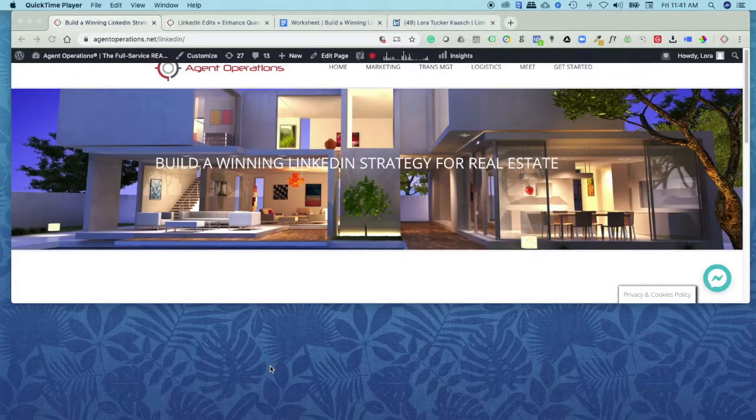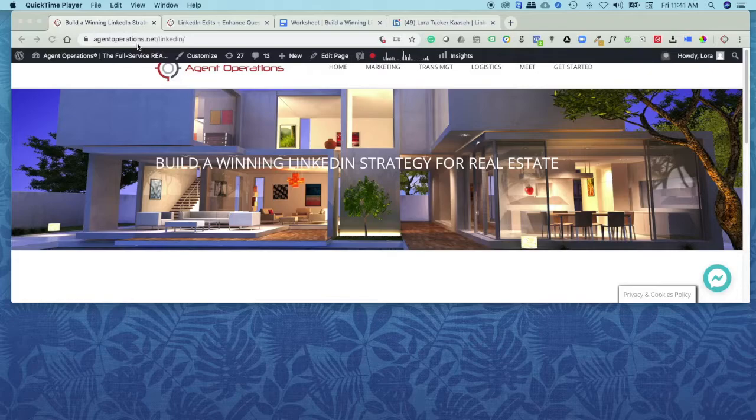All right, so we're talking about LinkedIn, and we want to build a winning strategy for real estate on LinkedIn. What does that look like? Before we go any farther, I want to go over some important resources that will help you in putting this profile together. So first of all, you're going to want to go to